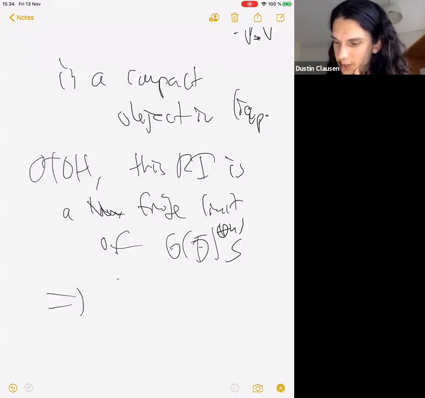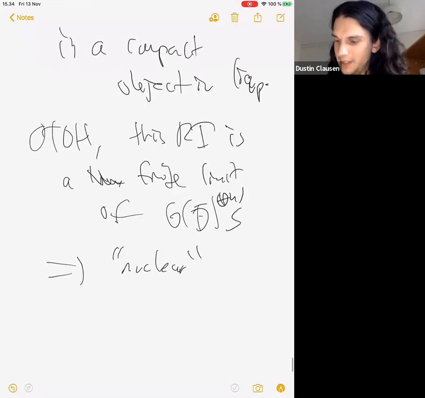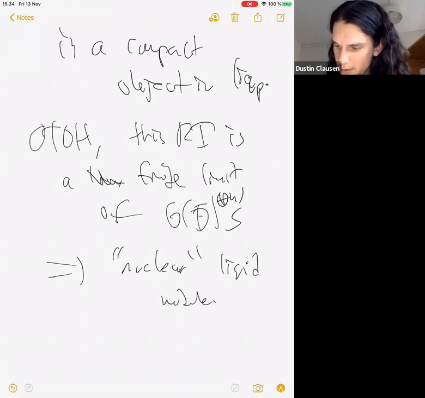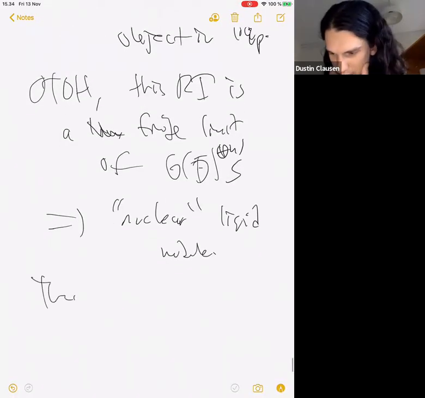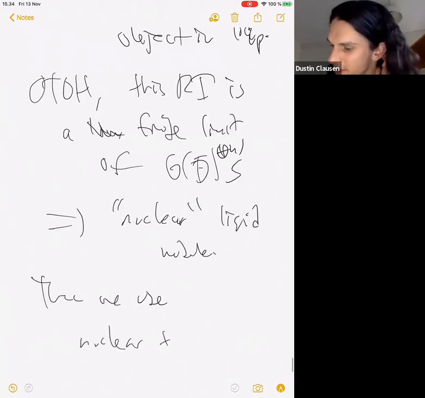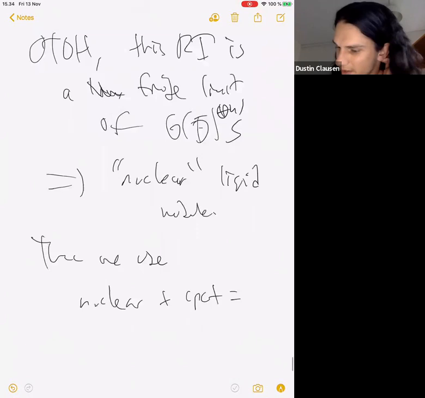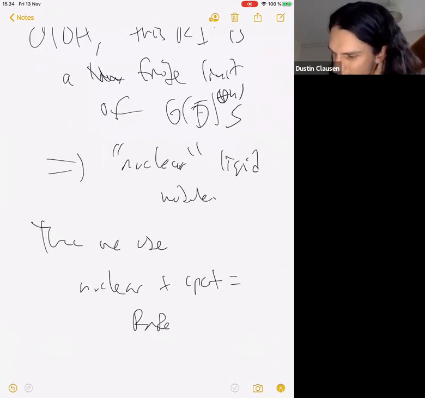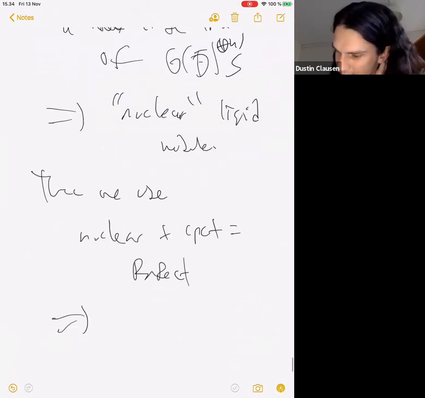That implies that it's nuclear in the sense that I'm about to just remind you of. So then we use the nuclear. I'm going to remind you about this plus compact equals perfect, and we conclude